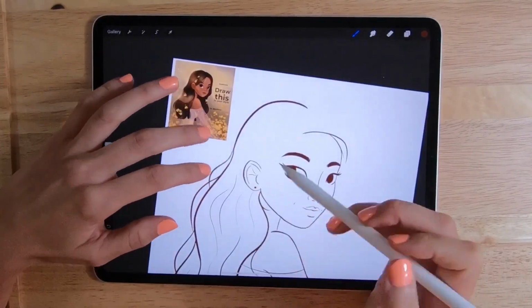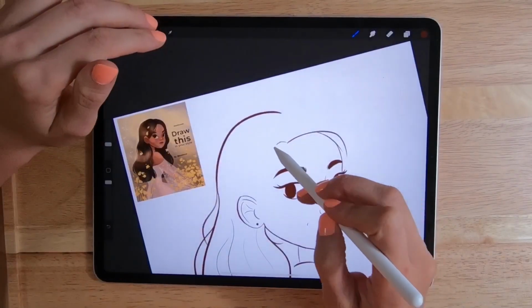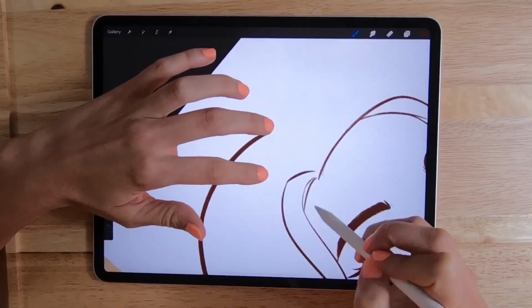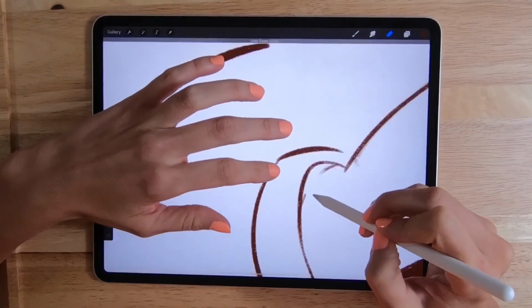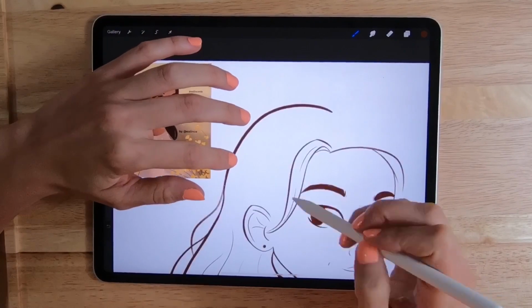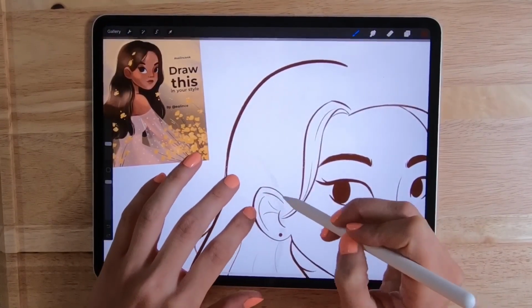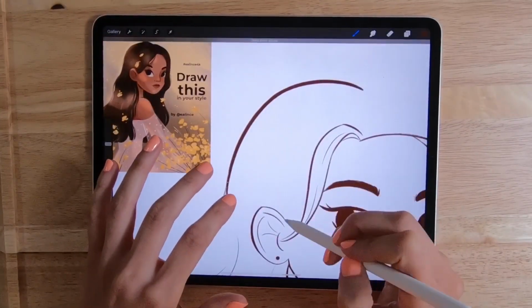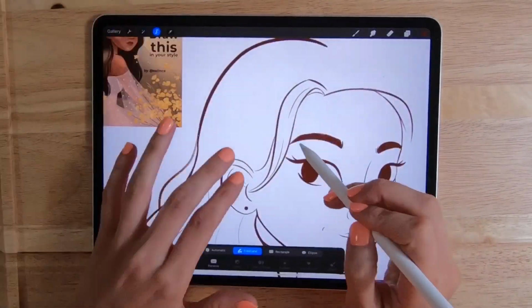This will be really cool when we get to the coloring and the shading part, just to show you guys how naturally you want to shade the hair. So make sure that you check out part 2 for that video, because we are gonna finish this full painting together. This is just the sketching part, and I'm hoping that it's really helpful, because I know that a lot